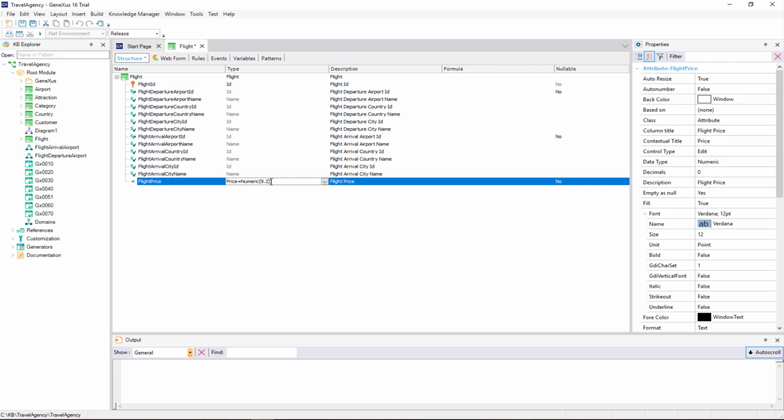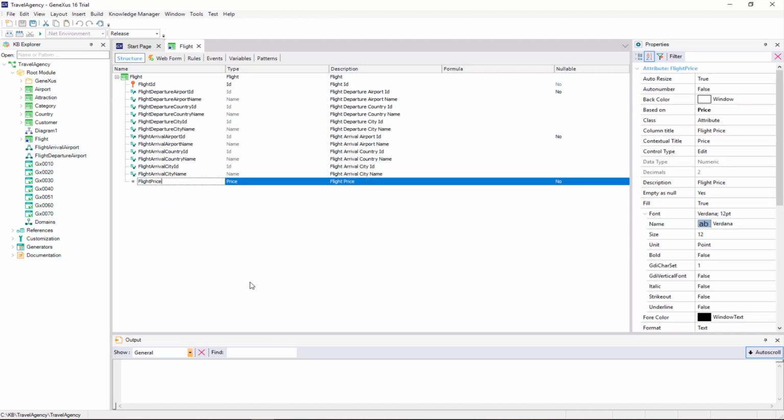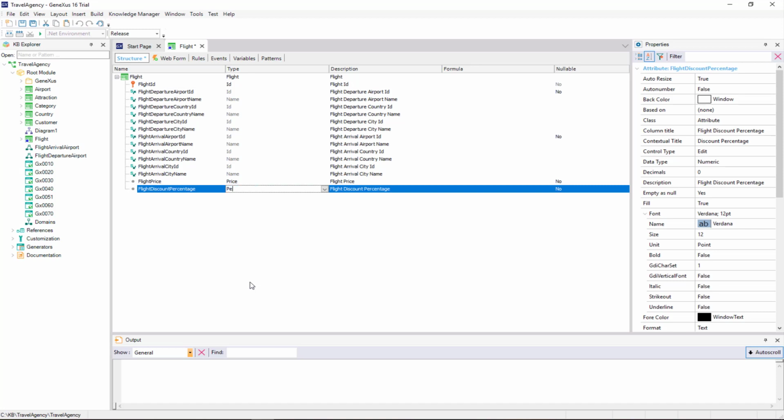We save, and now we will add another new attribute in the same transaction to store the discount applied to each flight. We call it flight discount percentage. Its data type will be a domain also called percentage with a numeric of 3 digits.